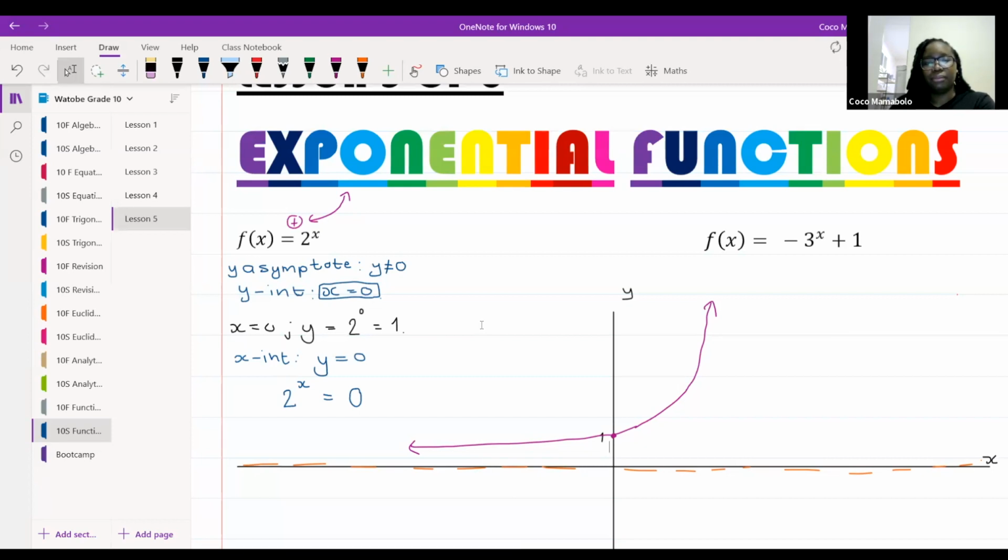Ma'am, you said the y asymptote is y is not equal to 0. Is it correct? Are you not supposed to say y equals 0? Yes, y equal to 0. I'm just showing it's supposed to say y equal to 0. But if I say y equals 0, I can already feel somebody putting up their hand and saying, but ma'am, you said y is equal to 0. That's the only reason I put that thing. You're correct. It's y is equal to 0.